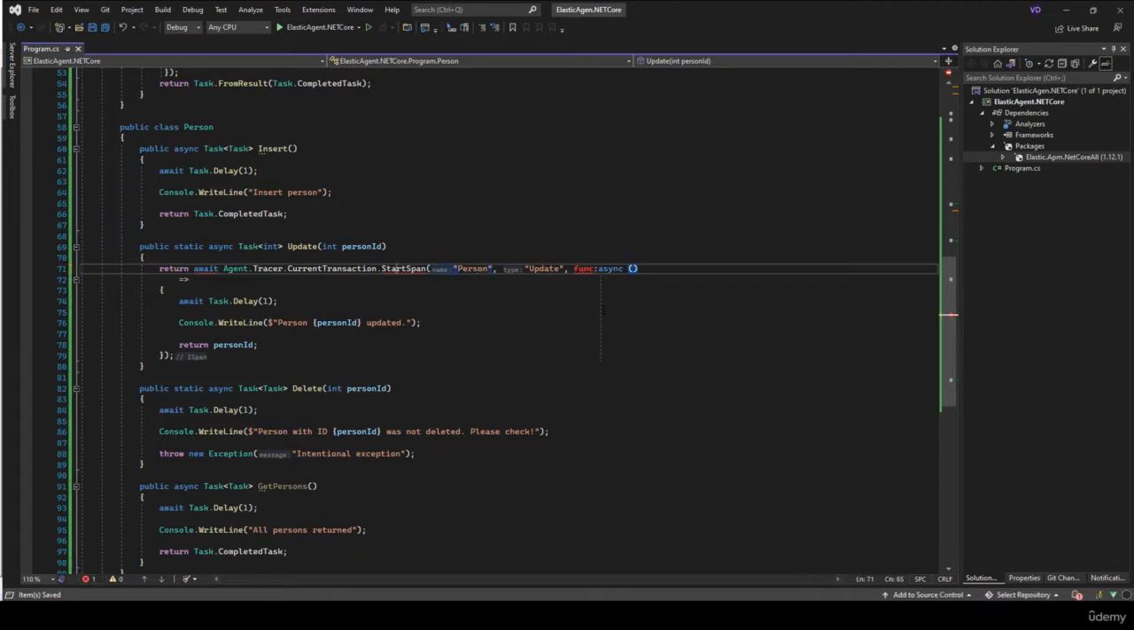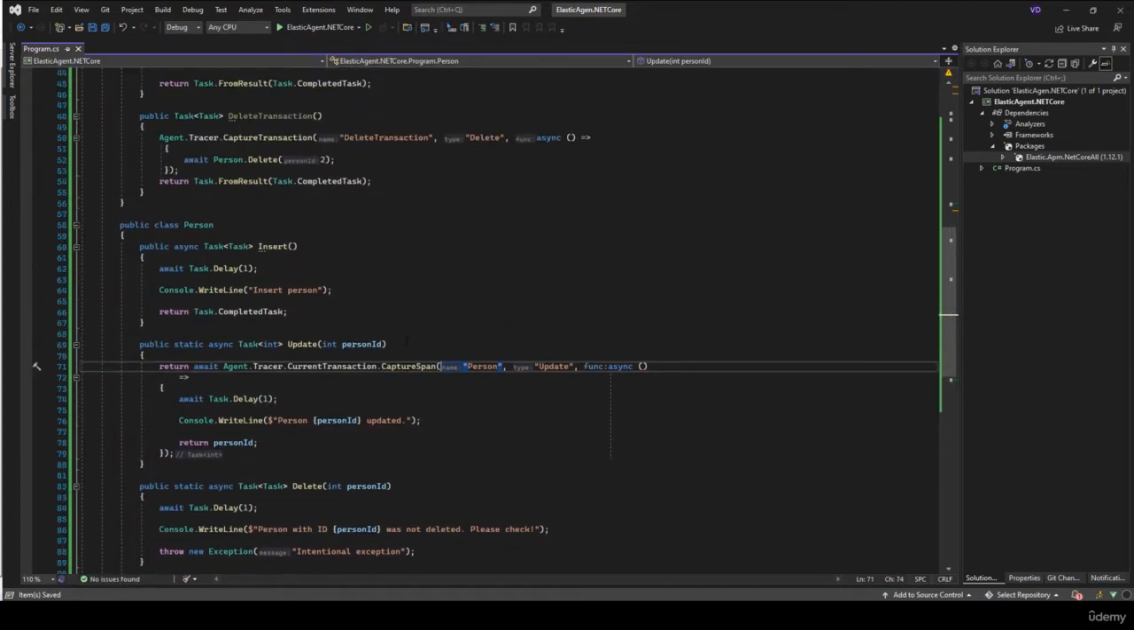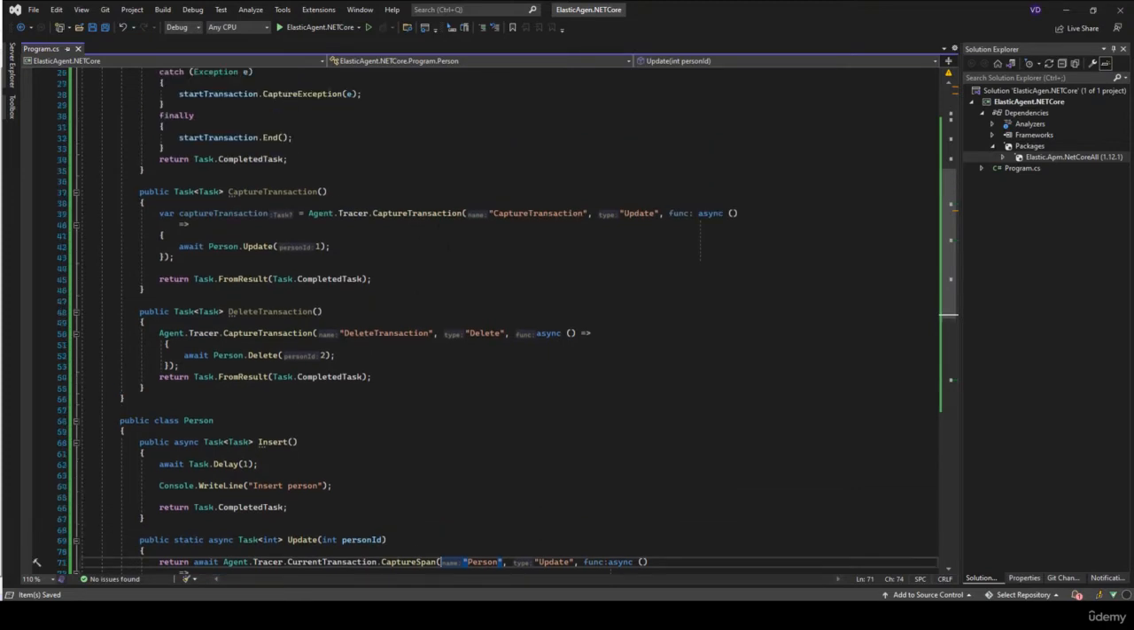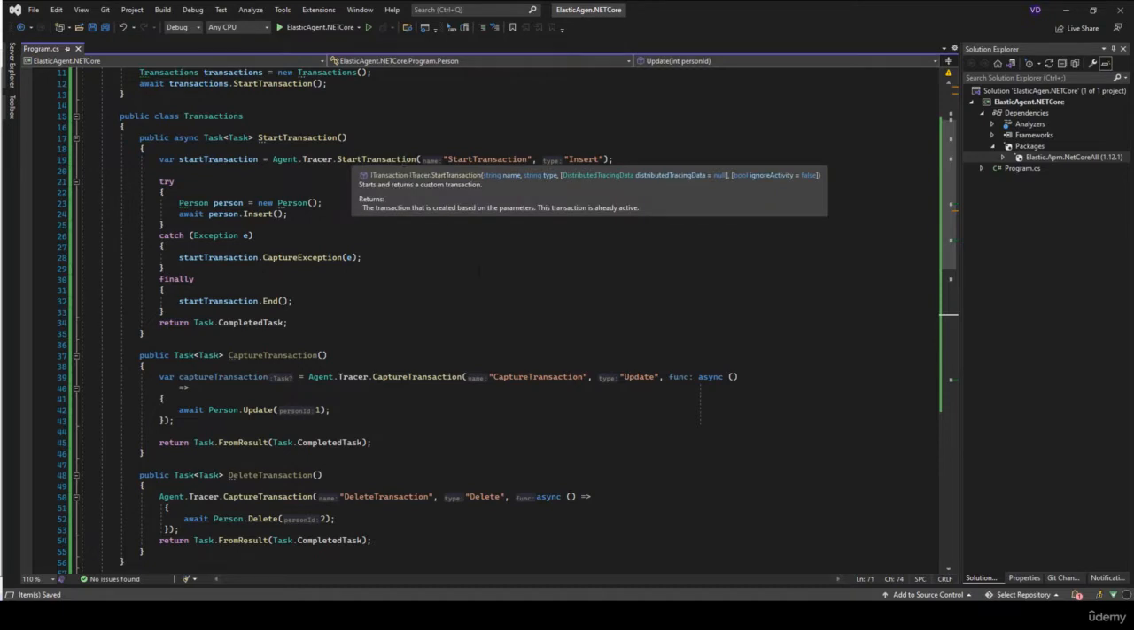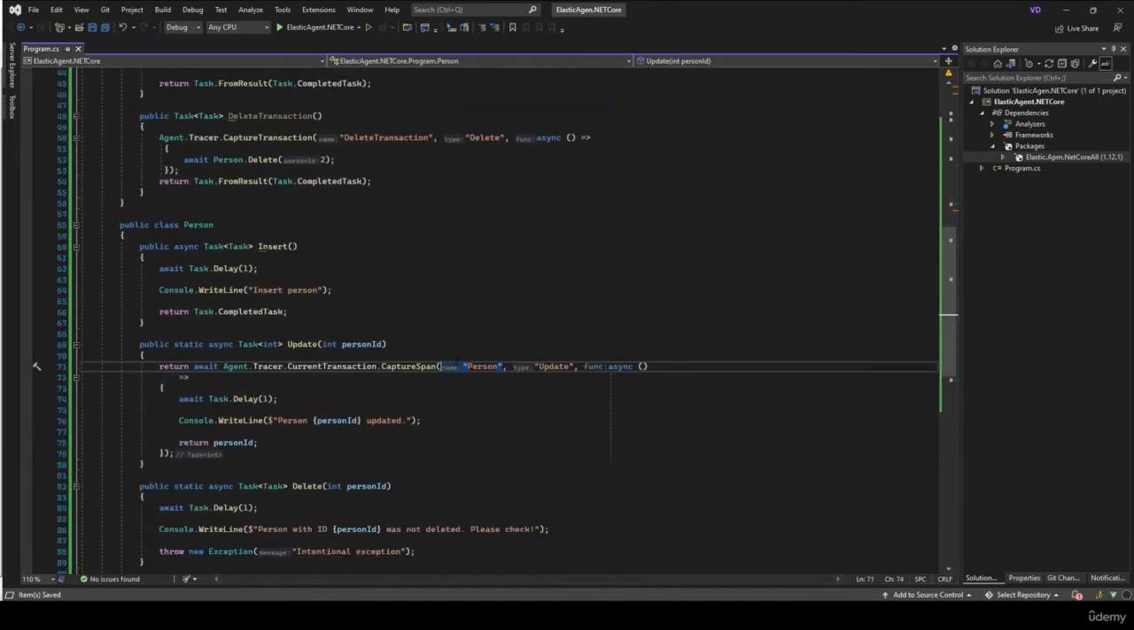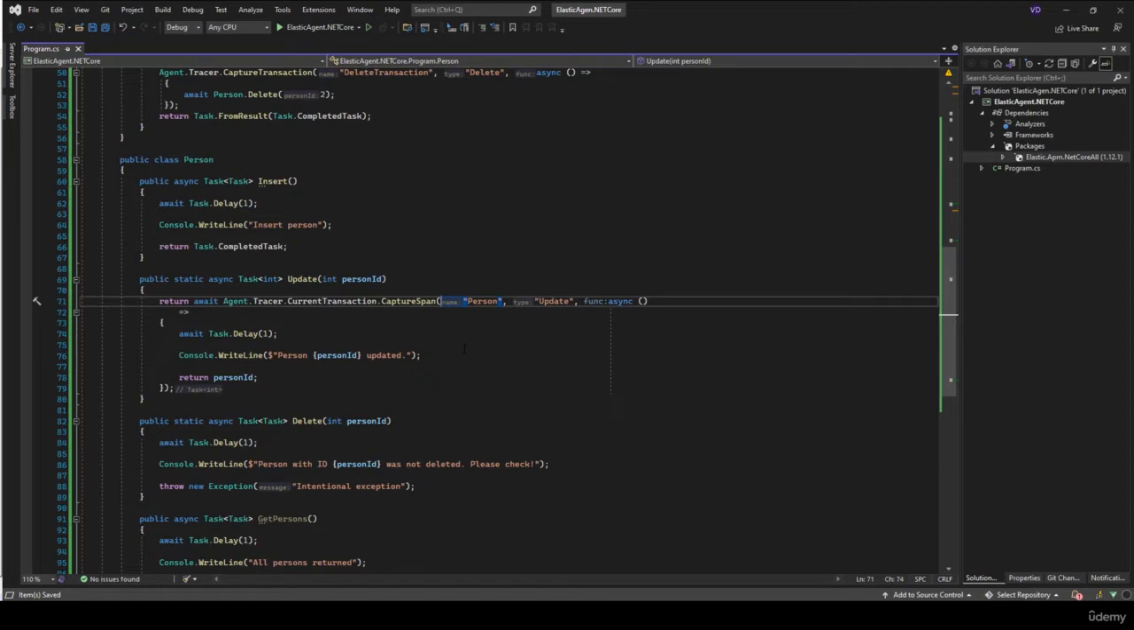Function current transaction. Oh, okay. Capture span. Capture span. This is what you need to do. Capture span. All right. You can also start span. It works the same way as capturing the span of a started transaction. Okay. So you need to experiment with all of this, but pretty much they will give you information and insights